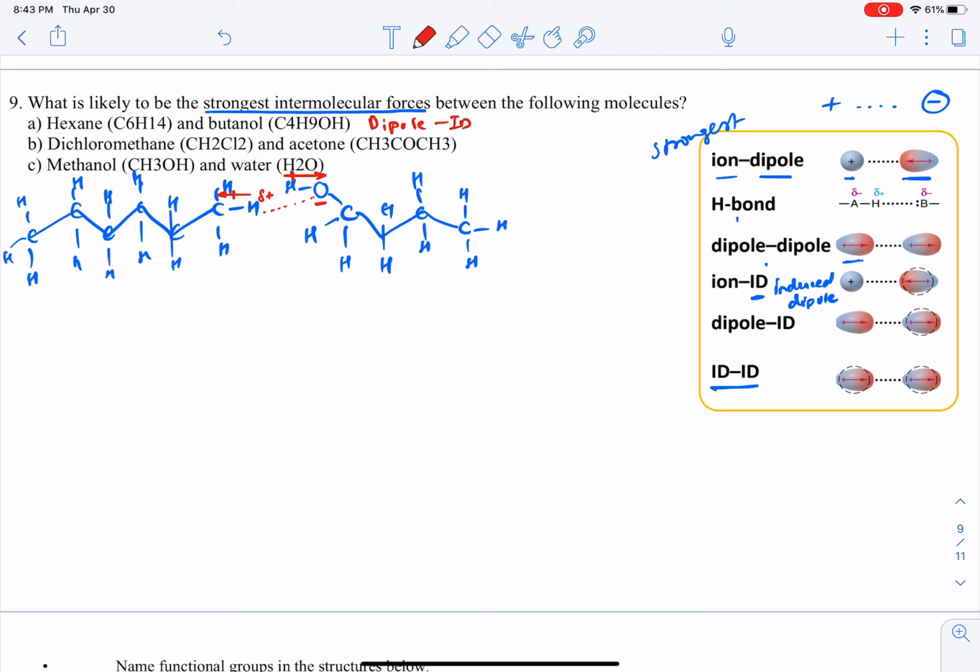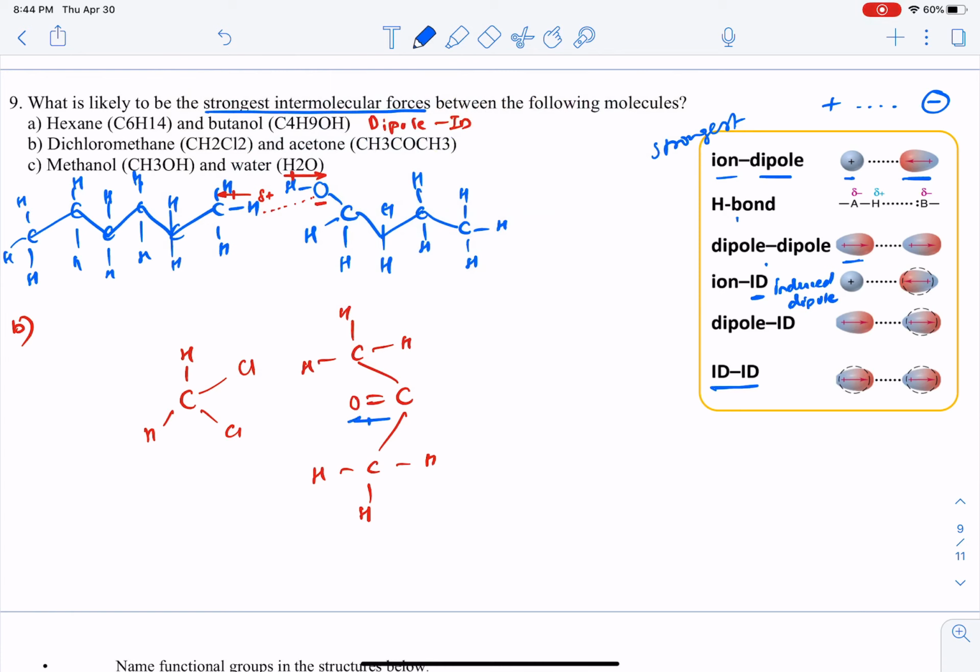ID stands for induced dipole. Going to the next one, dichloromethane, CH2Cl2, and acetone, C double bond O. Drawing it the same way, with H and C, you can see again that we have a